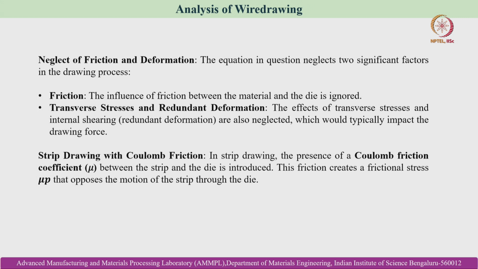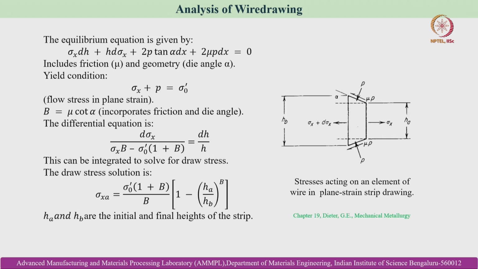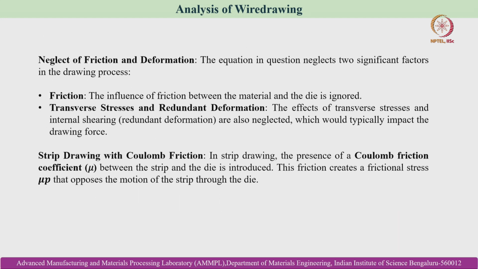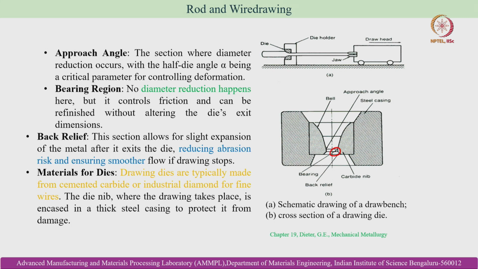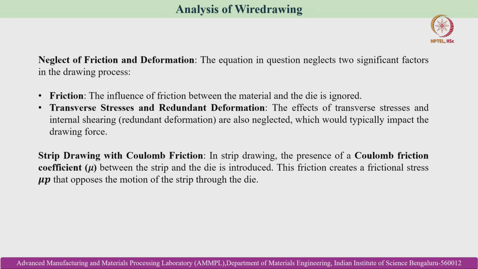So, in the equation, you can see there are two factors. The equation can be developed where factors like friction can be neglected in the drawing process. So, the influence of friction between the material and the die can be ignored, and also to simplify